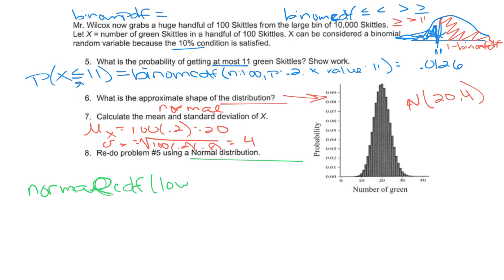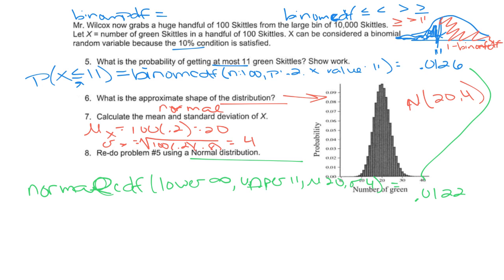So remembering how we do this, our lower would be a big giant number, negative infinity. Our upper in this case is going to be 11. Okay, and our mean is 20, and our standard deviation is 4, which gives us a probability of 0.0122,